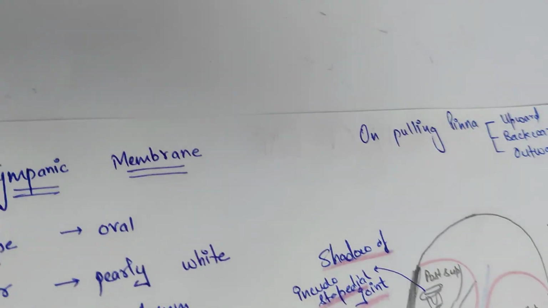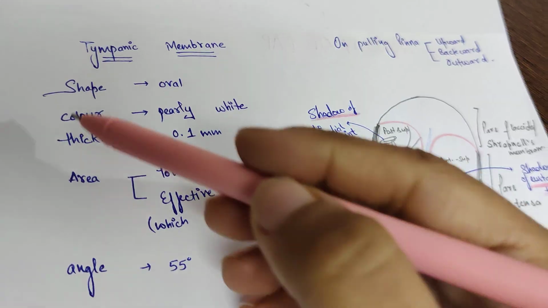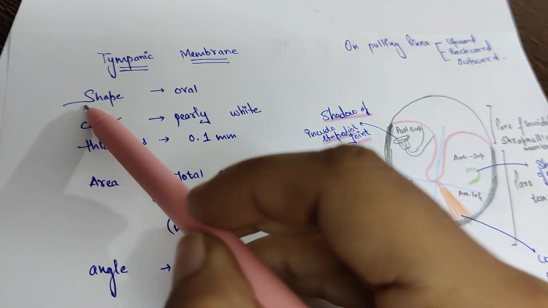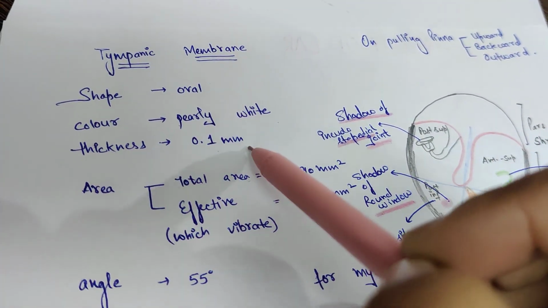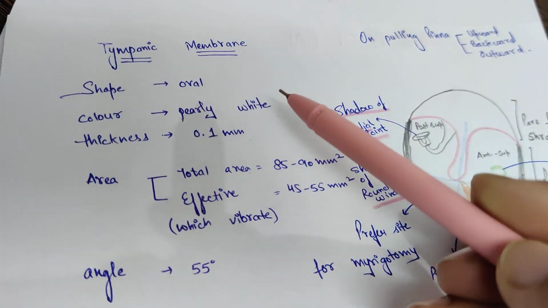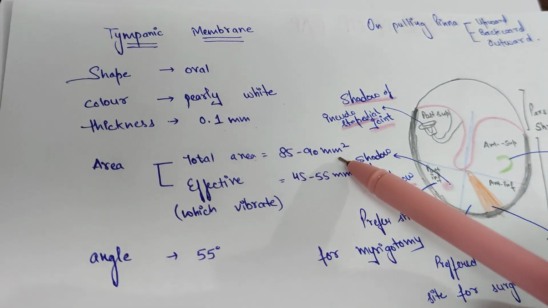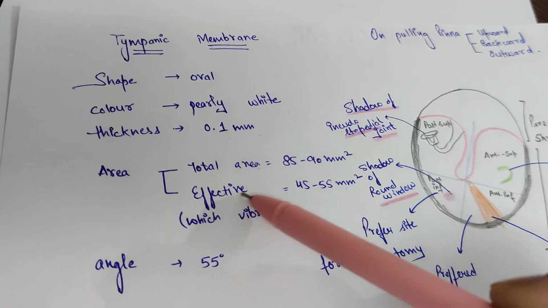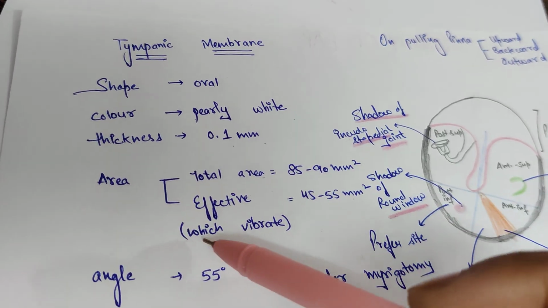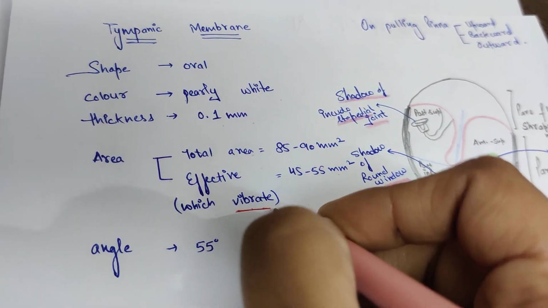Okay. So next we have to learn about the tympanic membrane. Tympanic membrane, it's important. I have listed here a few important things. Shape oval, color pearly white, thickness is about 0.1 mm, a very thin membrane. Area: total area and effective area. Total area is 85 to 90 mm square and effective is just 45 to 55 mm square. So what we mean by effective area is the area which vibrates, the actual tympanic membrane which vibrates on getting